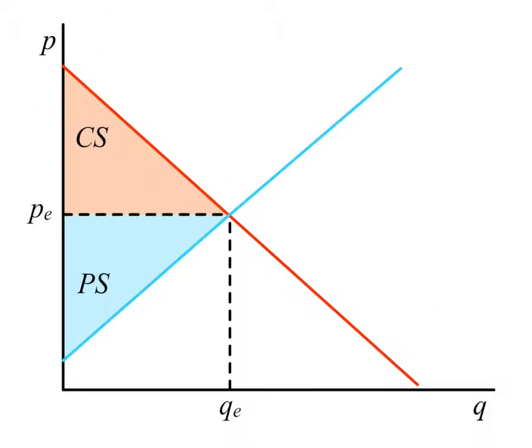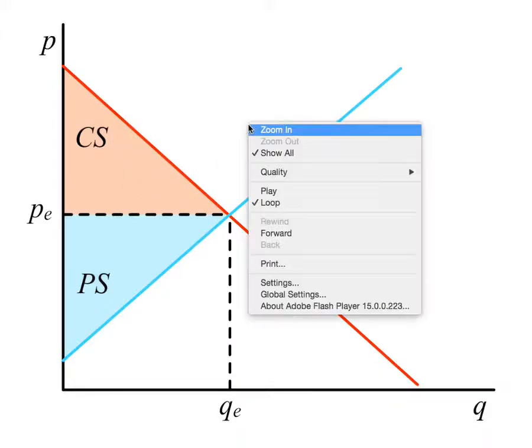So notice here I have a supply and demand diagram. Okay, and up here notice we have the consumer surplus and the producer surplus. Okay, and this is the situation at a particular market equilibrium. Here notice I have the equilibrium price and the equilibrium quantity marked out. Okay, now suppose that